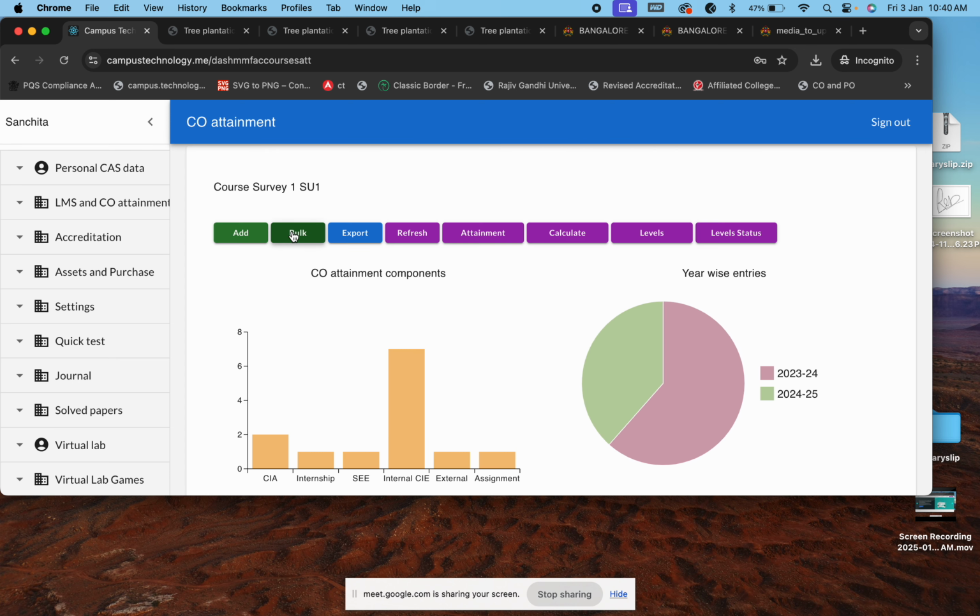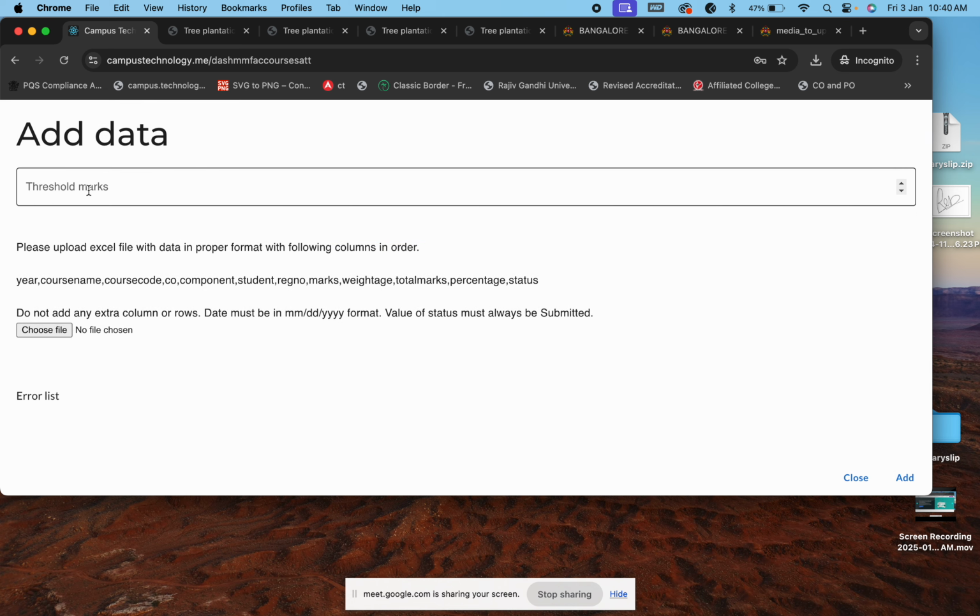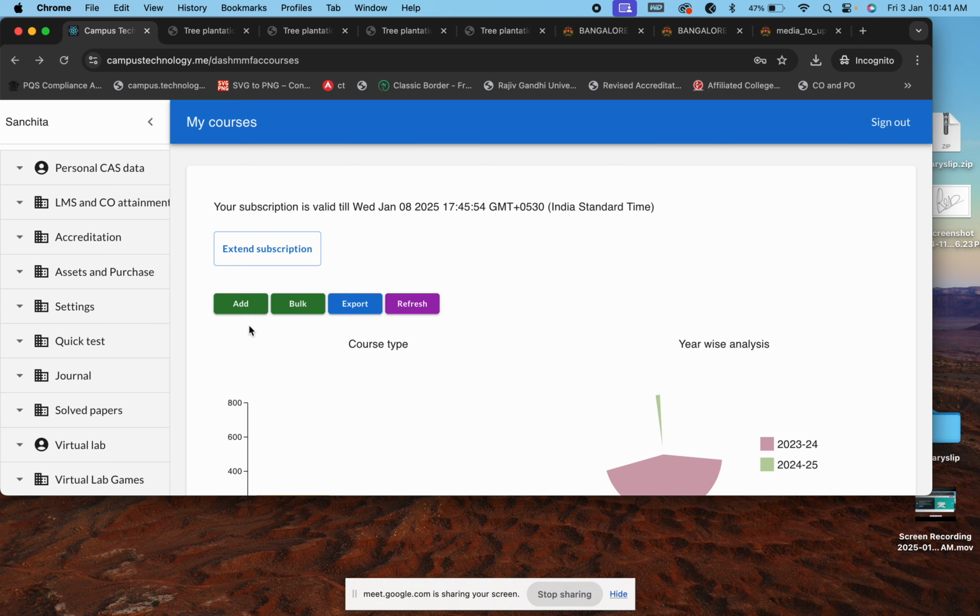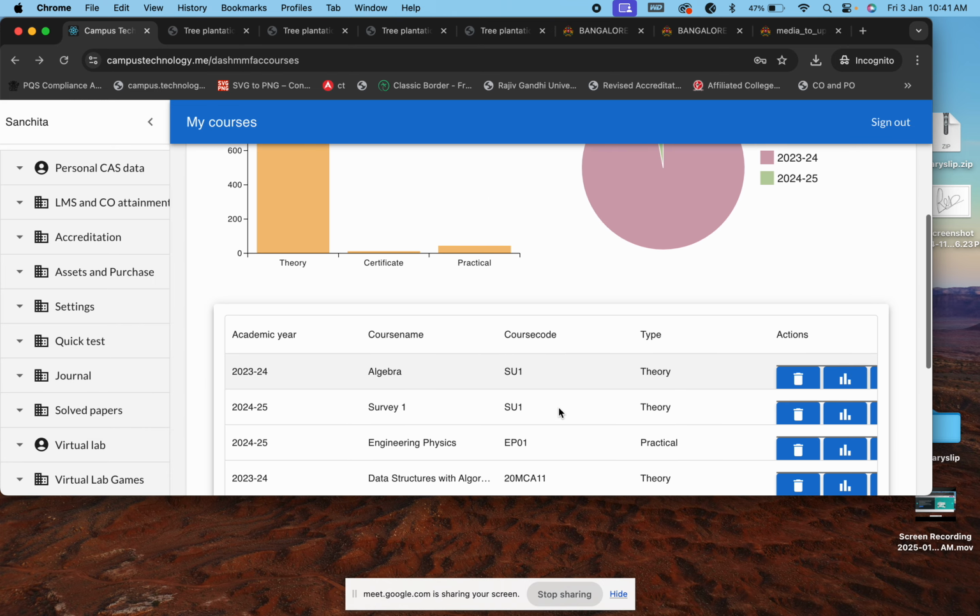For each paper, you can set the threshold value. Here, ma'am, it is per paper. So let's say first semester paper 1, here you can say the threshold out of 50, my threshold marks is, let's say, 10. Any student who has scored more than 10, their attainment will be considered in the student list when you're adding.